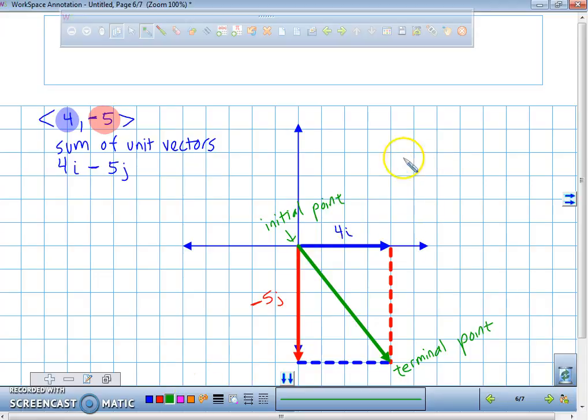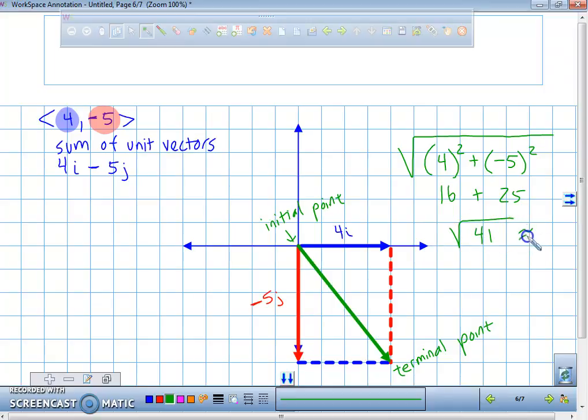We're basically just taking the square root of 4 squared plus our vertical component of -5 squared. We get 16 plus 25, which gets us 41, and that's approximately equal,